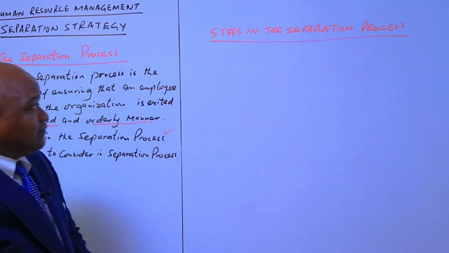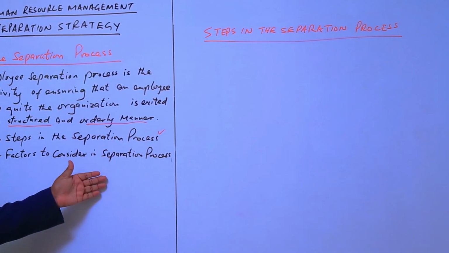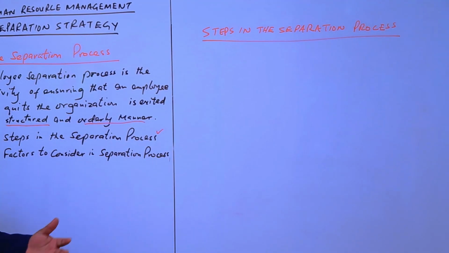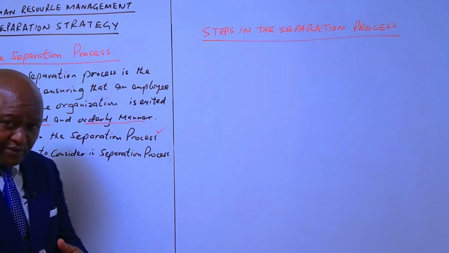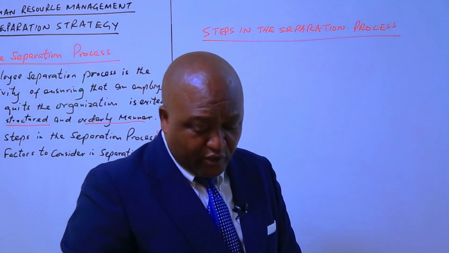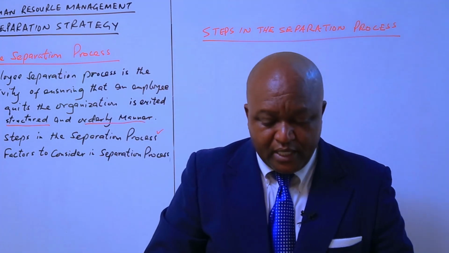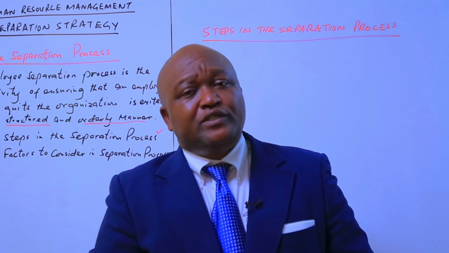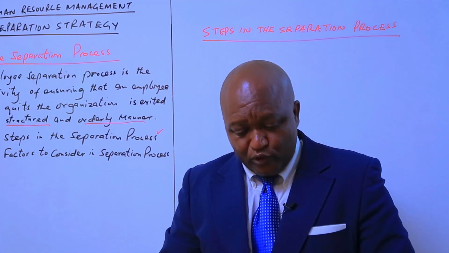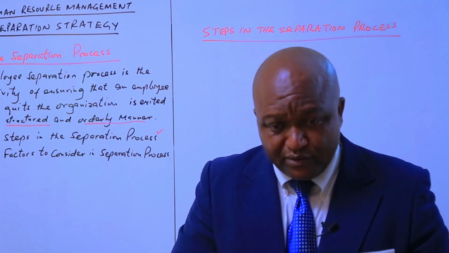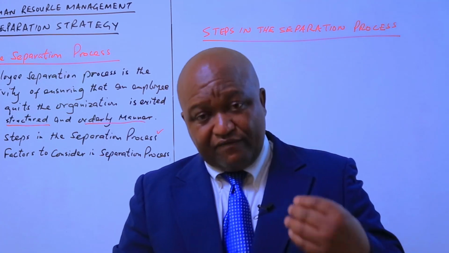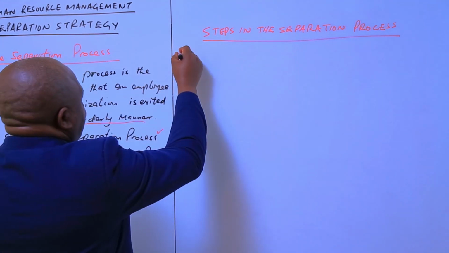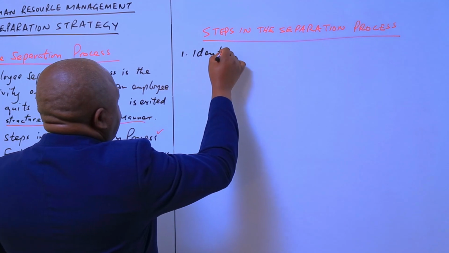Now, dear learner, these steps in the separation process will depend on the organizational policy in terms of how the organization handles the separation process, and also on the ways through which an employee is leaving an organization. The steps for an employee who is leaving through redundancy, or through maybe retirement, may be varied somehow, but the first one is normally to identify and document the issues. So the first step is identification